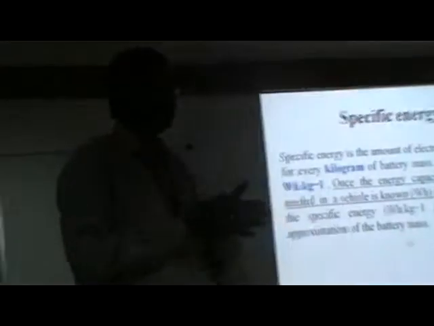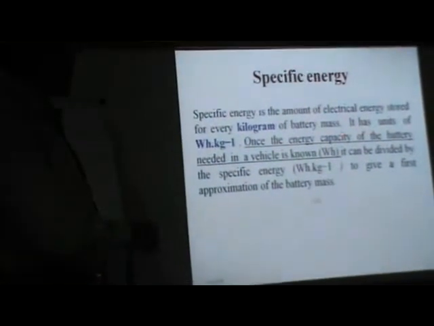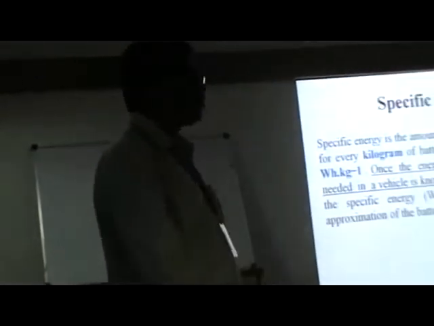This is the specific energy. Normally specific energy is in terms of kilogram. How much chemical energy you have to add corresponding to the number of cells connected. The number of cells is also calculated by the individual cells and the number of plates you have to connect. According to that you get the battery mass in kilogram. But the unit is watt hour per kg. Per kg, how much voltage you have to connect.